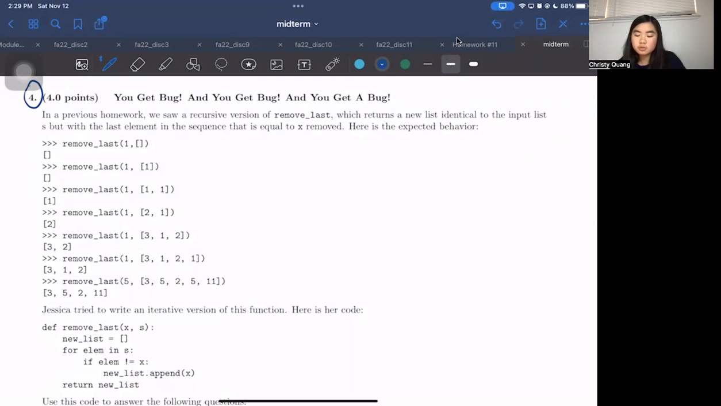So in a previous homework, we saw a recursive version of remove last, which returns a new list identical to the input list S, but with the last element in the sequence that is equal to X removed. So that was a lot of words. So let's look through some of the example cases that they provided to get a sense of what this